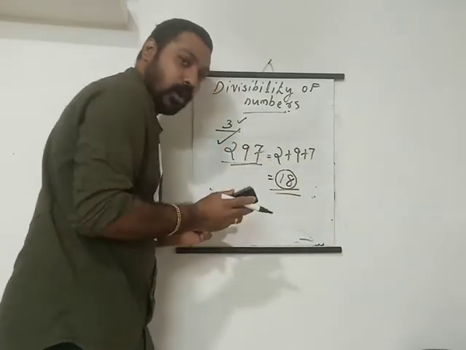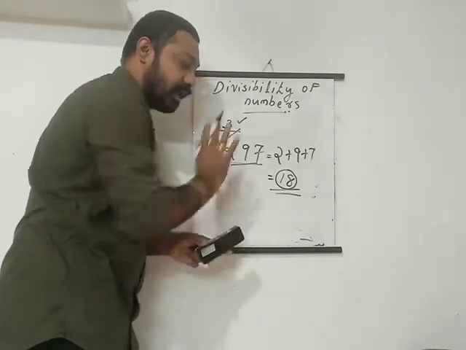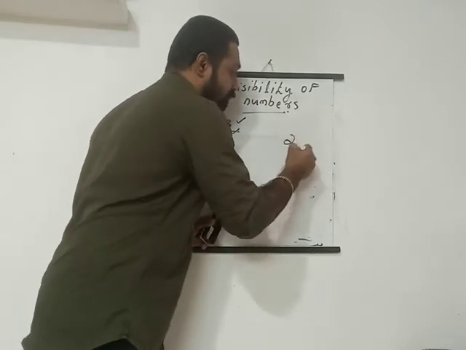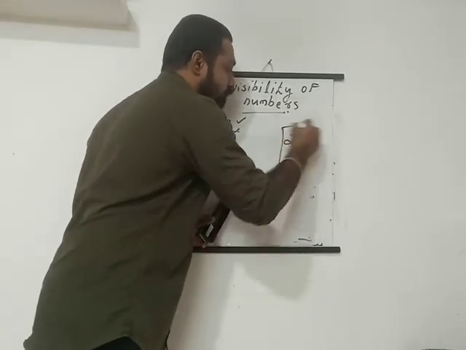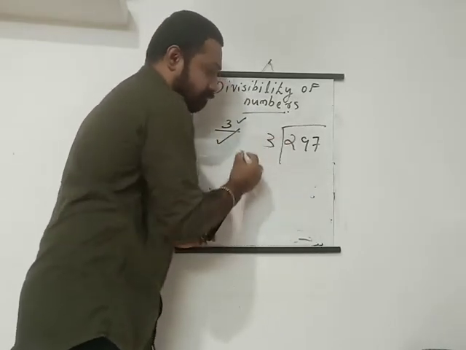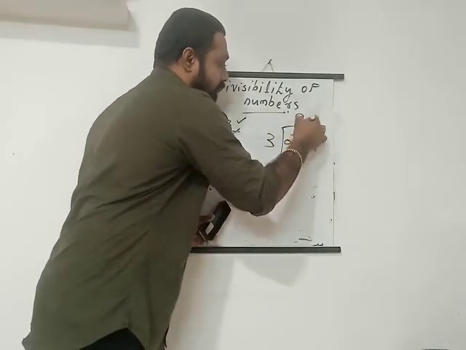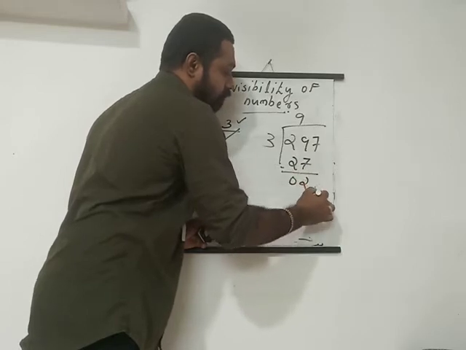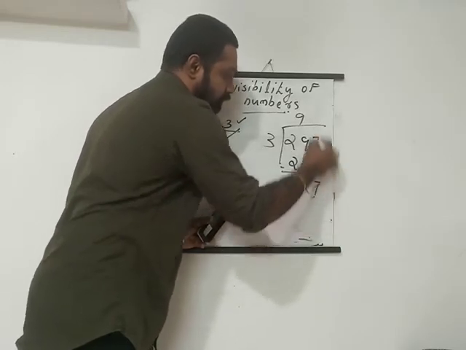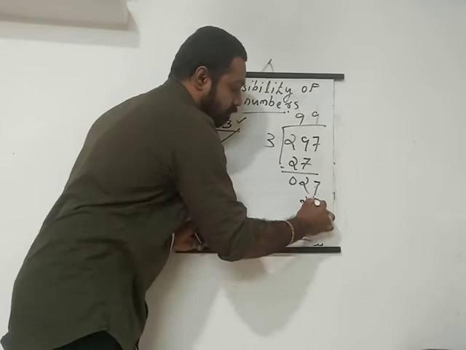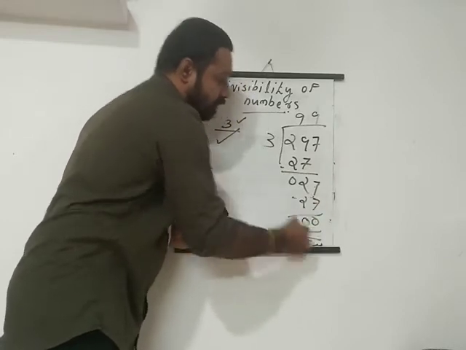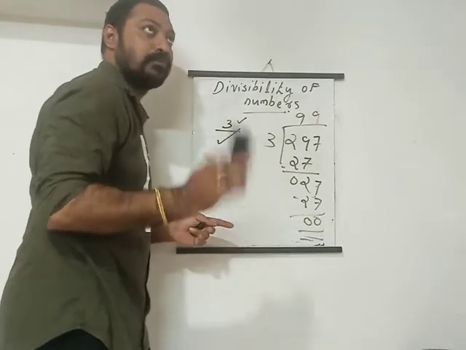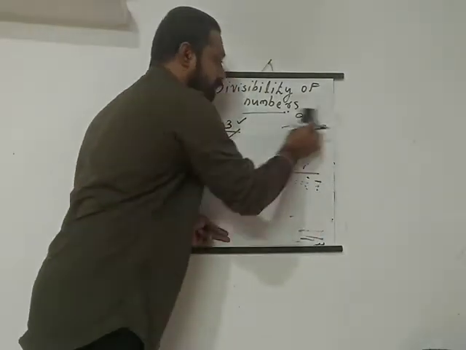If you have doubts, we can write it out very clearly and check. For example, I took the number 297. We can check whether it is divisible by 3 or not. 9 3s are 27. Then we subtract, we get 0, and 2. Then 9 minus 7 is 2, then 27. You can see that 9 3s are 27. What is our answer? 0. Understand? 99. So this number is divisible by 3. That is the case of divisibility.